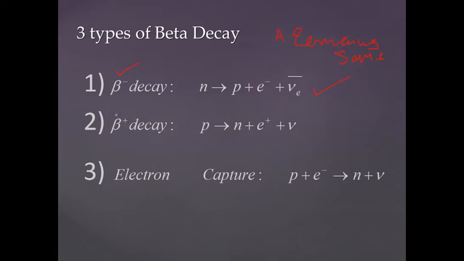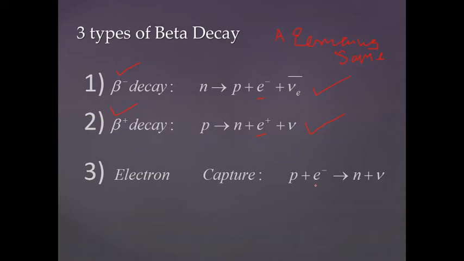In beta plus emission, which is positron emission, the positron is the antiparticle of the electron. You can see that this is e minus and this is e plus. In beta plus emission, instead of an electron, positrons are emitted and a proton gets converted into a neutron, and the difference here is that in one an antineutrino is emitted, and here a neutrino is emitted. This is beta plus emission. And there's a third type of beta decay. It also qualifies as a beta decay, where the proton captures an electron from the innermost shell and gets converted into a neutron with the emission of a neutrino.